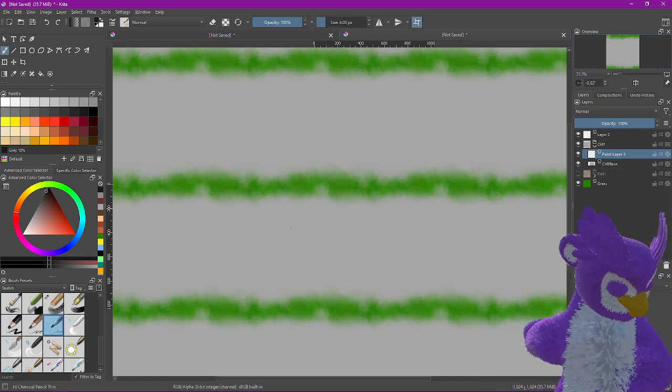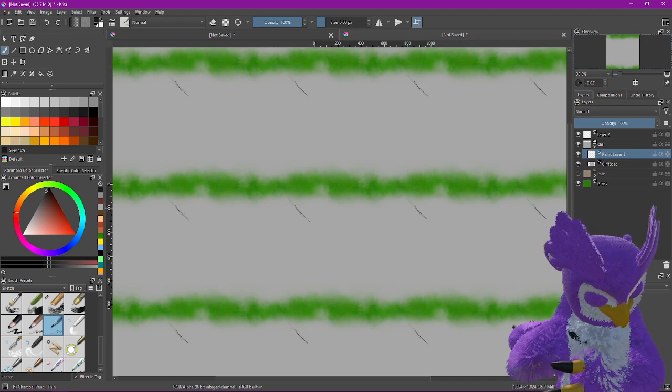So let's start with just some shapes that we can